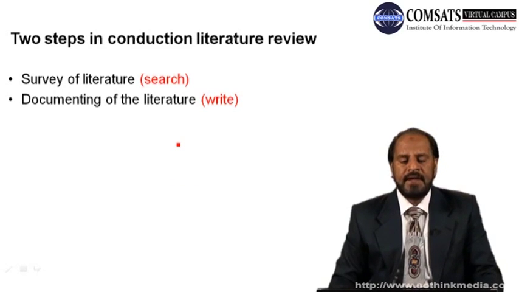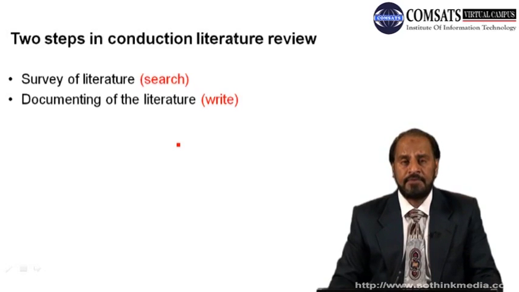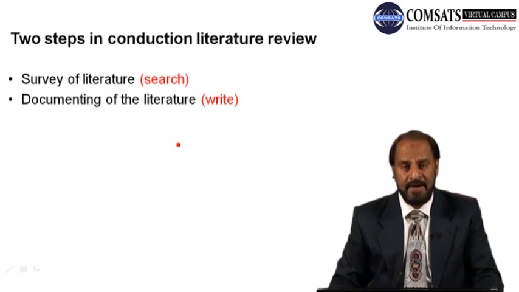There are two steps in conducting a literature review. One is generally termed the survey of literature. The other is termed the documentation of the literature. In the survey step, you search, look for, and read the literature which is available. And in the documenting step, what you tend to do is write what you have read in your own words, whatever the previous researchers have done or written,